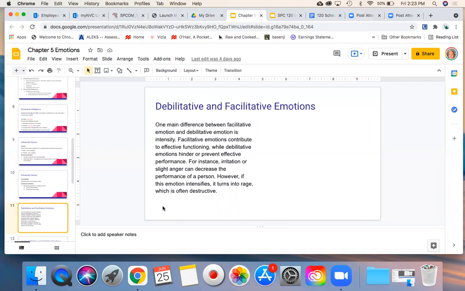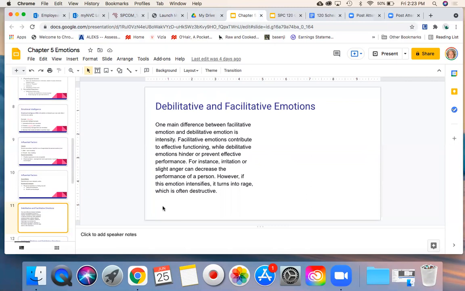Before I get to debilitative and facilitative, I'm going to talk about some things in your book that are in order before we get there, just because they're in order, that's why. Your book also talks about guidelines, which I hope you will summarize in your summaries. Guidelines for expressing your emotions, very, very important. Anytime your book has guidelines, these are the take-home messages. These are the things that we want to put into practice as soon as we can and count those as tools in your toolbox, right?